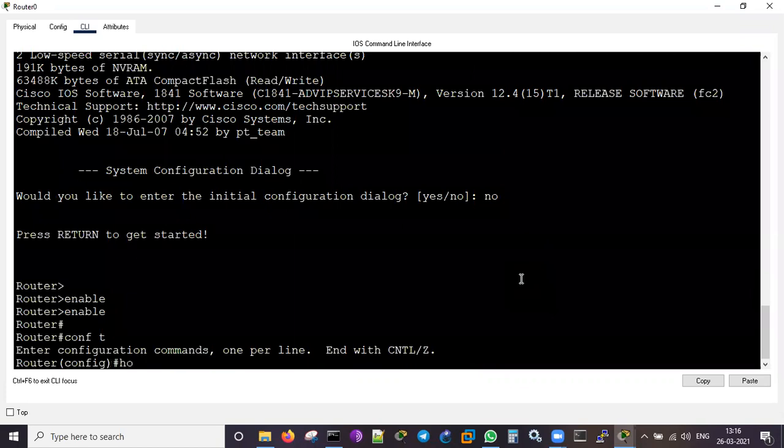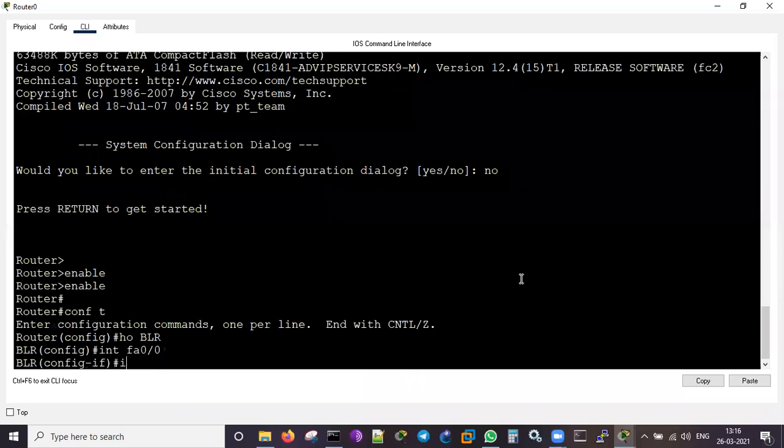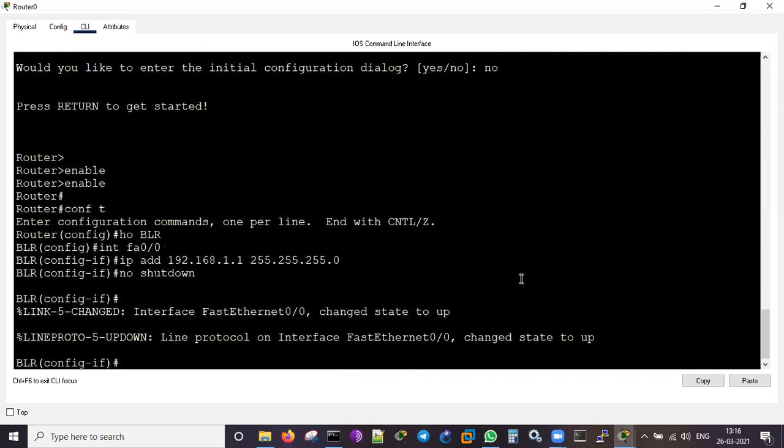Host name is BLR. Then I will configure the interface: interface FastEthernet 0/0, IP address 192.168.1.1, with the 24-bit mask. I'll give no shutdown to make the port up.